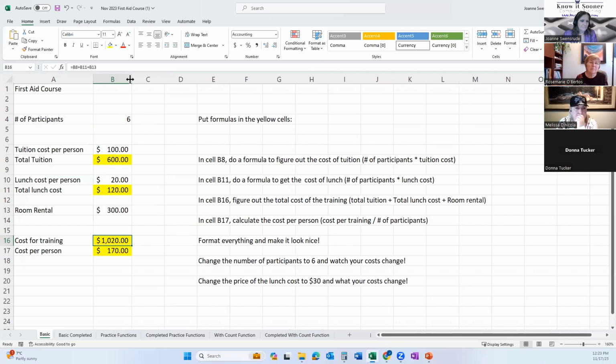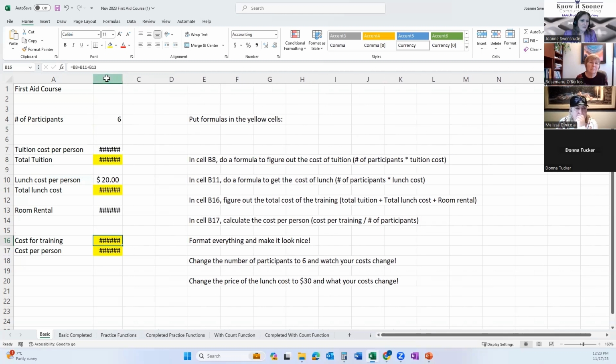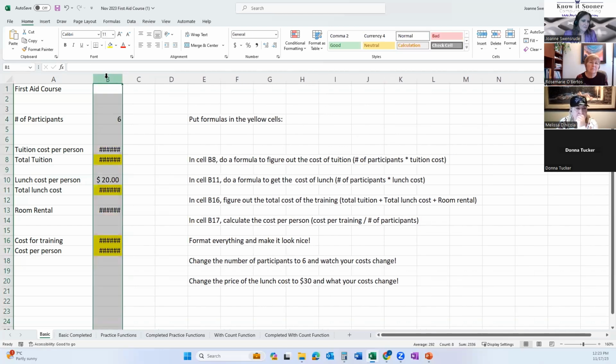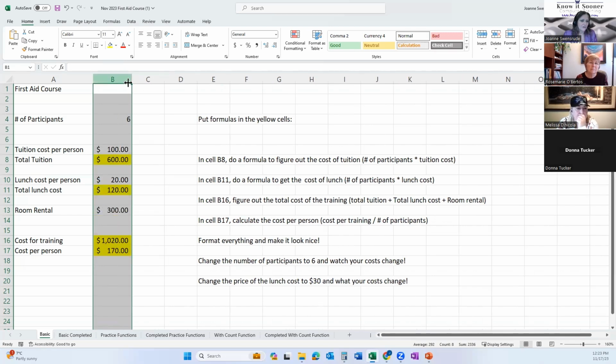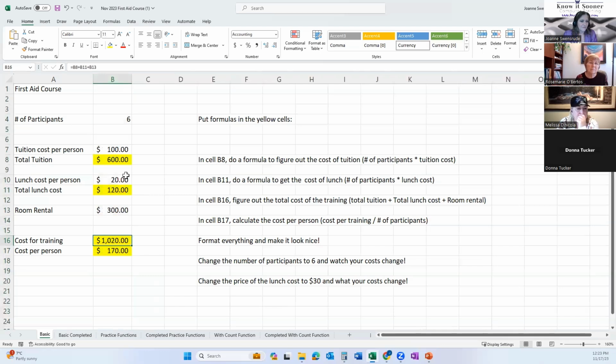You can't just go up to column B and double click on it and say, oh, it's not working. You have to be on the line between the B and the C and double click on it, and then it'll open it up. So if I were to make these numbers a lot bigger, into the 10,000s, I'd probably have to do that again. Sometimes you do, sometimes you don't. Sometimes it automatically opens up.